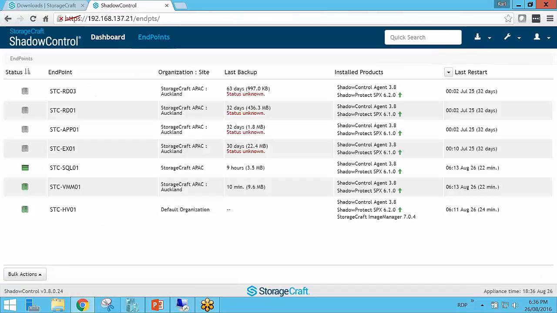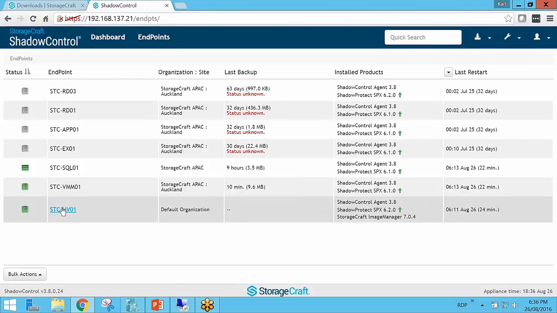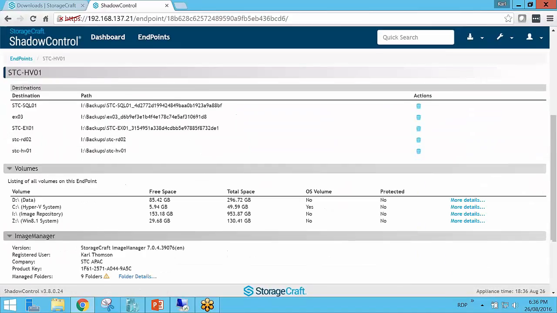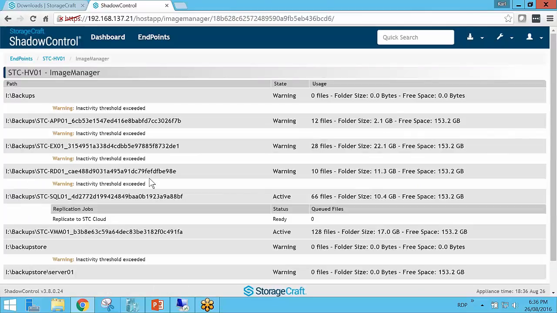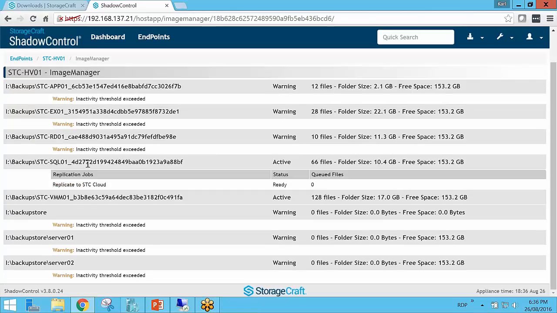If I drill back into endpoints and look at the server here, HV01, and scroll right down here, it's detected that Image Manager is installed. If I go to folder details, it's going to list a bunch of folders here. Now there's a few here with a warning state. These machines just haven't received backups in the last 7 days. This particular machine here,